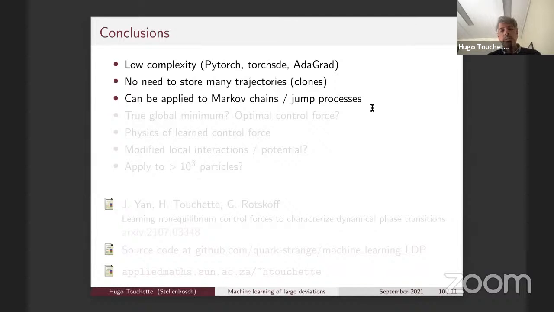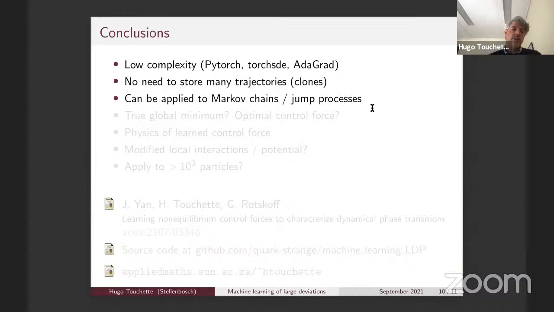I focused mostly on stochastic differential equations, but you can apply this to Markov chains and jump processes more or less without changes. So it's very easy to code. It's kind of black box. You only need to tweak some parameters, but it's off the shelf and black box, and it works the same whether you consider a discrete system or a continuous system, which is another advantage, for instance, over matrix product states, because those work only for discrete systems.